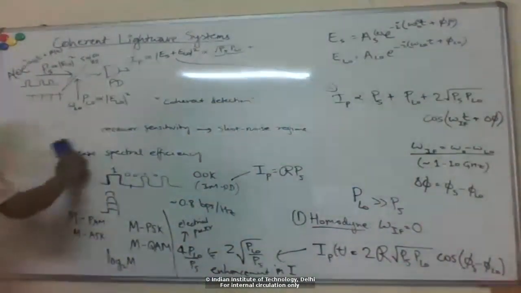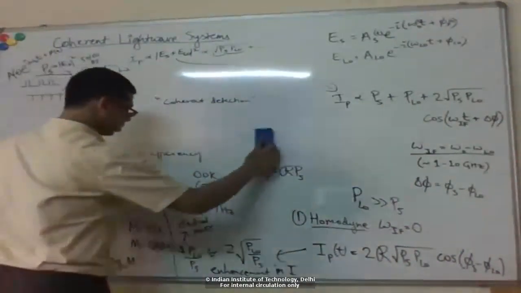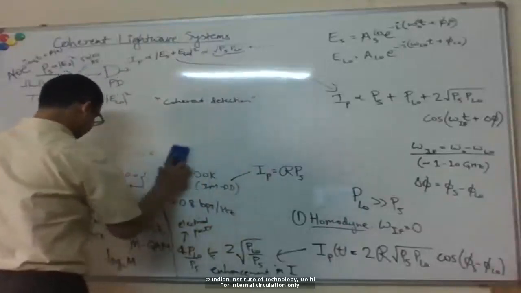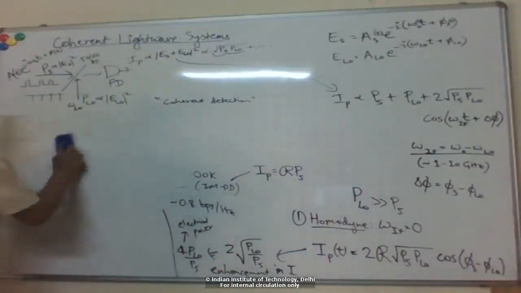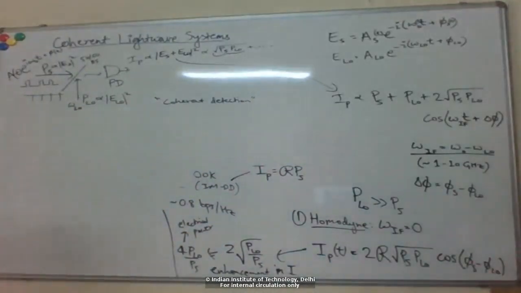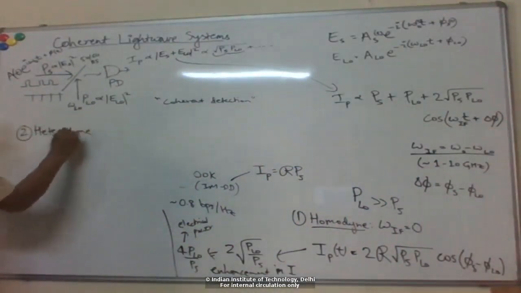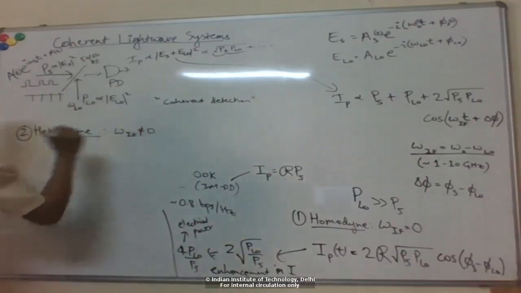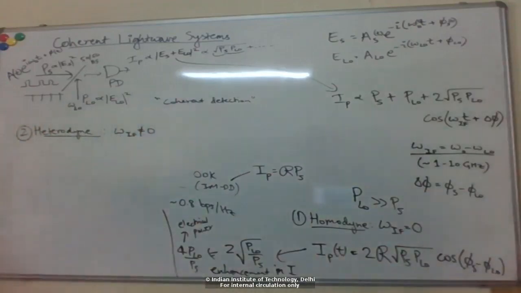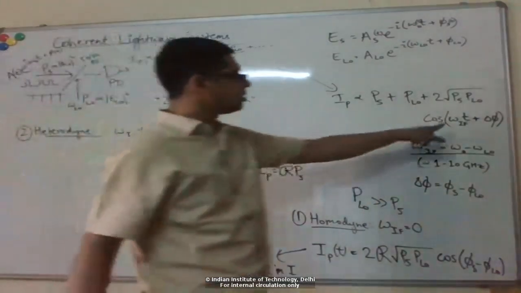Okay, so that's homodyne, where the frequency of the local oscillator is the same as the transmitter frequency. If it is not, it is called heterodyne. Okay, so now in this case, when the frequencies are not the same, so in this case, when omega f is 0,